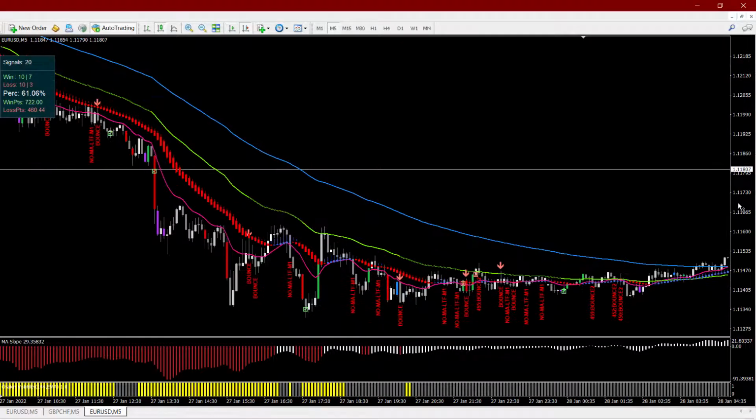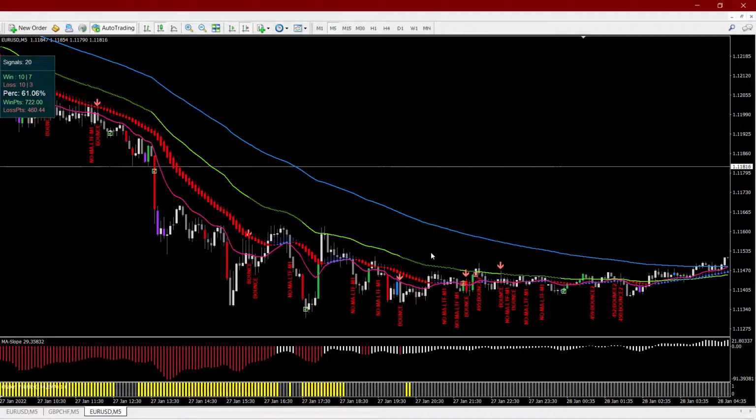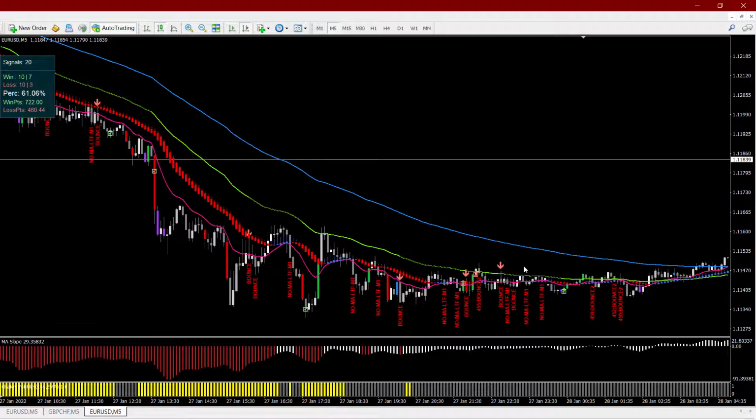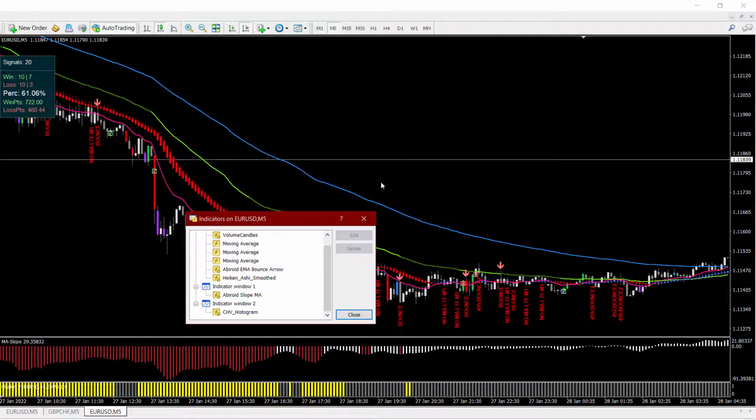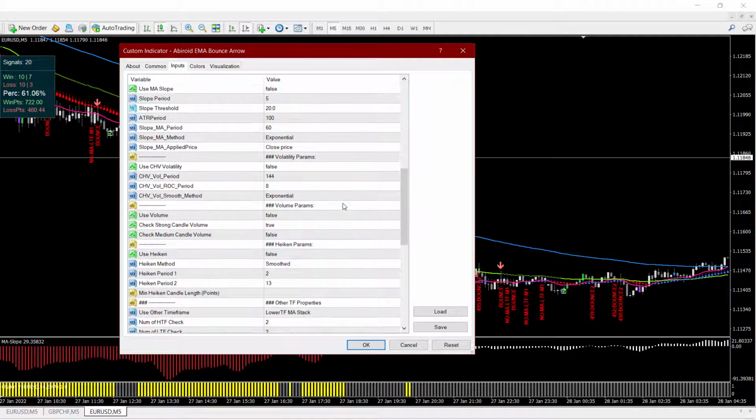So suppose the lower time frames no longer align. In that case, you will get these debug messages. No MA on lower time frame for M1. So the LTF is useful while you're short-term scalping and you want to quickly know when the lower time frame trend has slowed down. And the HTF is useful when you want to check the higher time frames, the slope or the moving average stacks for higher time frames. So these checks are very useful if you are trading slightly longer trends. But if you are scalping, then you can keep most of these checks as false.